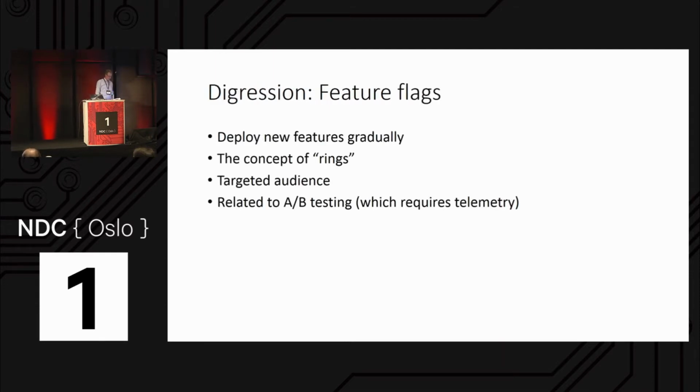But the digression I was going to do before the demo is to talk about feature flags. That's another tax that we pay, which nobody actually has to pay. This is completely voluntary. But when we develop new features, we don't ship them to all new customers all at once. We try them out in the small to start with. And then we have feature flags that say, should this user have this new feature or not?